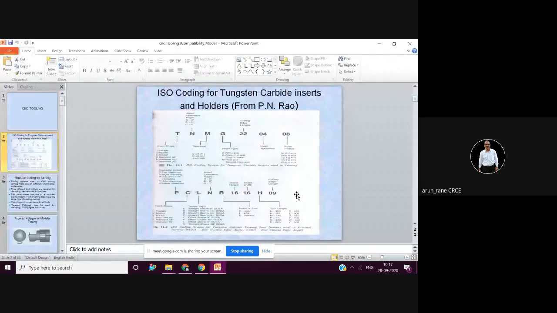So as I told, this is very important specification from examination point of view. And remember this: TNMG 220408. Either it can be asked for the 5 marks or it can be asked for the 10 marks.